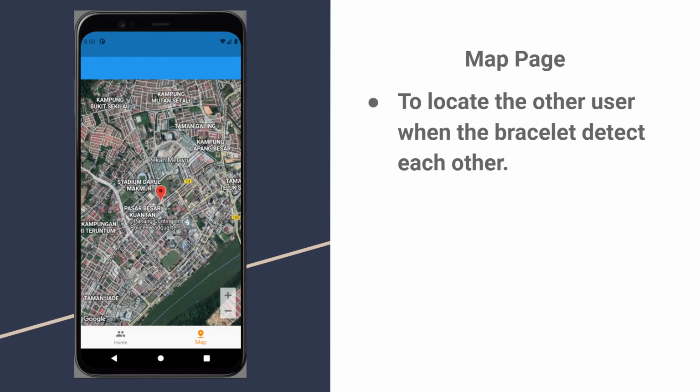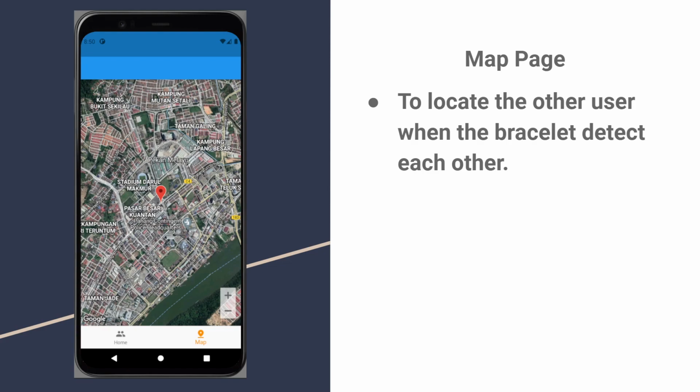When they are nearby each other, the bracelet will detect the other bracelet. When the bracelet detects another bracelet, it will give an alert to the user wearing the bracelet, which is for example vibration or LED light.